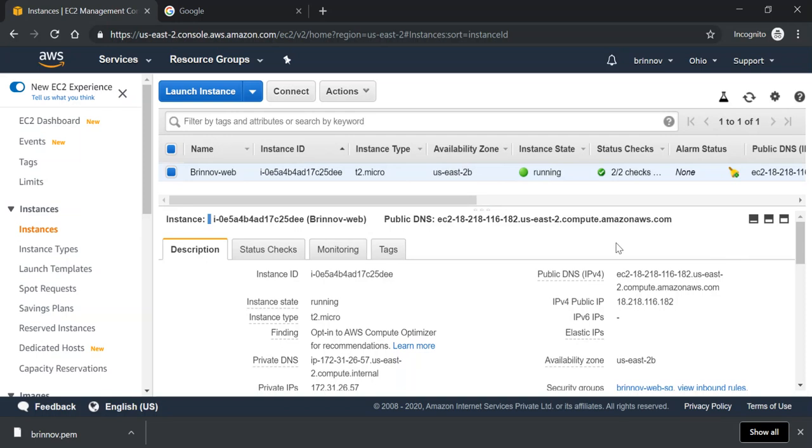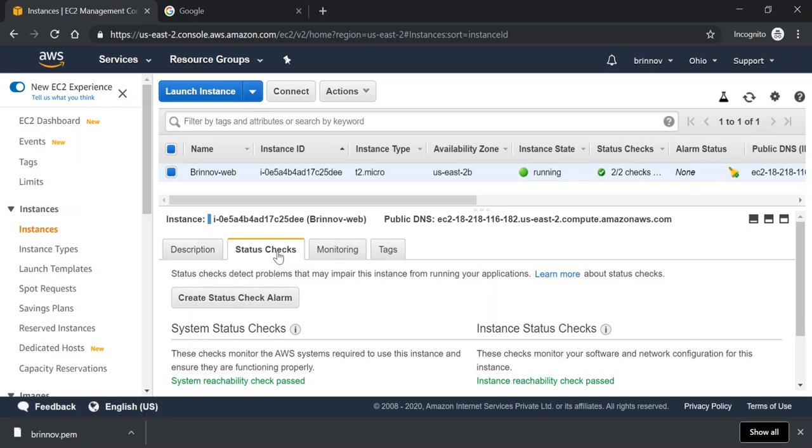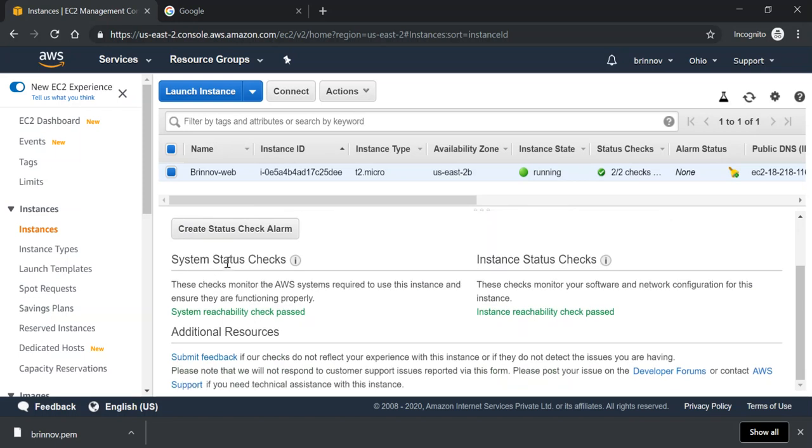Okay, now my instance is in running state and my status check is also passed. Before you access the instance, these two status checks should be passed. These two status checks are, one is system status check, another one is instance status check.